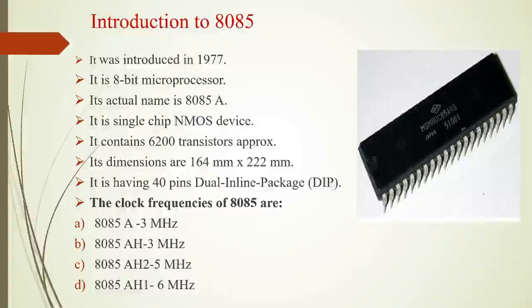Now what do you understand by clock frequency? Clock frequency is the reciprocal of the time period, and time period is a composition of the on time and the off time. It is also known as T state. As I have already mentioned in my previous video, the maximum clock frequency of 8085 is 3 megahertz and the minimum clock frequency of the 8085 is 62.5 kilohertz. So you have to operate your 8085 between these two ranges.